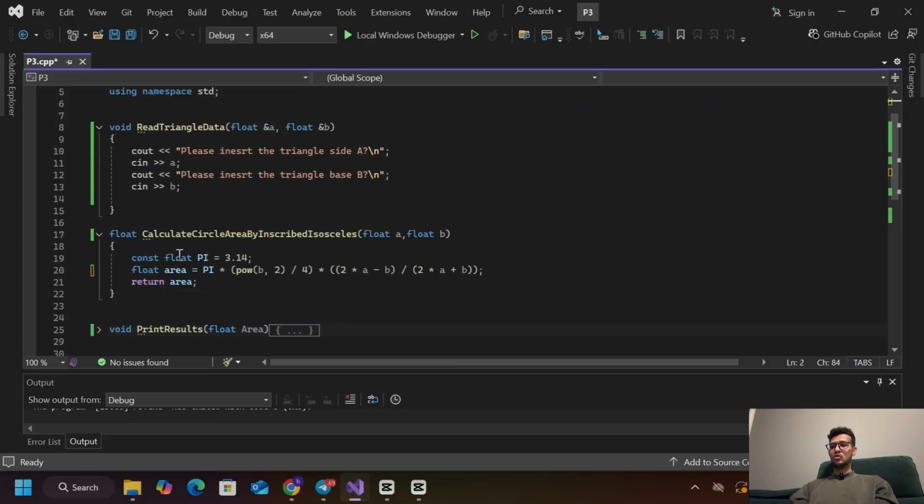You have const float pi equals 3.14. We make it const because we can't change the value of pi. It's always 3.14 and some more numbers, and I don't want to write them right now. Float area equals pi multiplied by open bracket B squared divided by 4. All these results inside these brackets are multiplied by the result inside the next brackets,